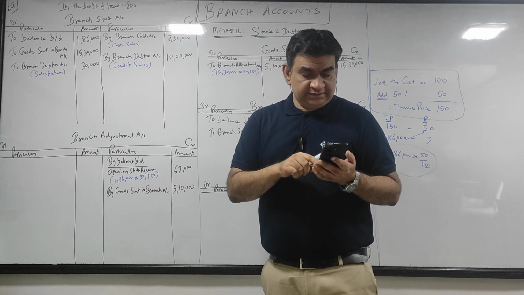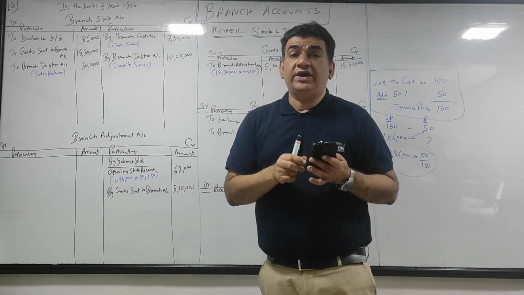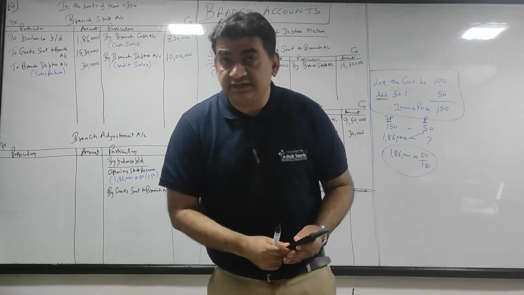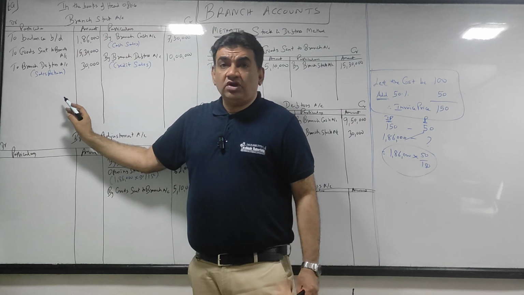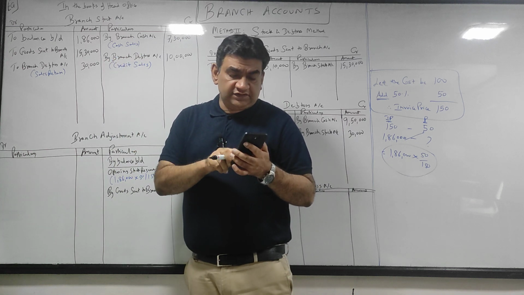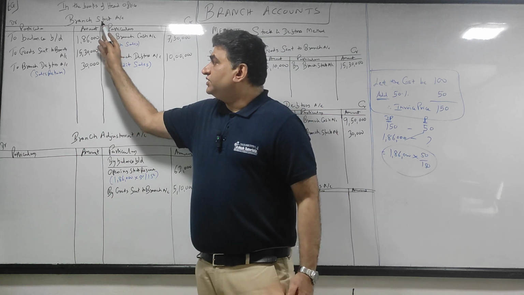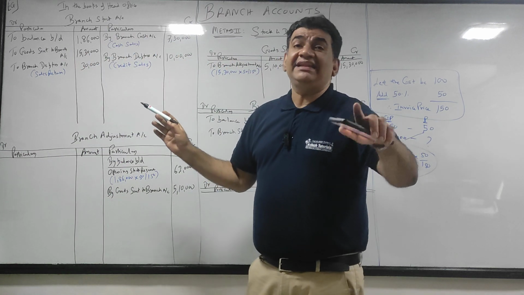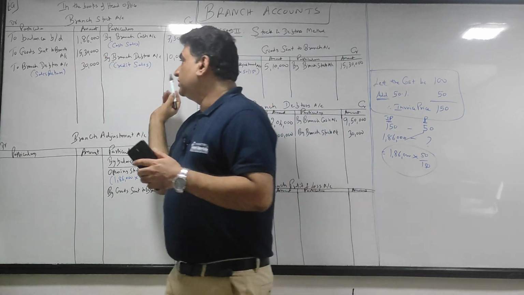चलो next. Now listen. Goods returned by branch to head office. ब्रांच ने हेड ऑफिस को रिटर्न किया. Now listen, जब भी ब्रांच को मिला, ब्रांच स्टॉक डेबिट किया बिकॉज आ रहा है. Now it is being sent to head office. कितना है? 15,000. So what I do when branch receives goods sent to branch, now it is going back, so I will write the same account. So जब भी हेड ऑफिस से मिला goods sent to branch, going back,